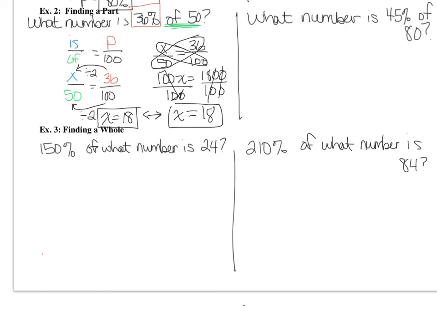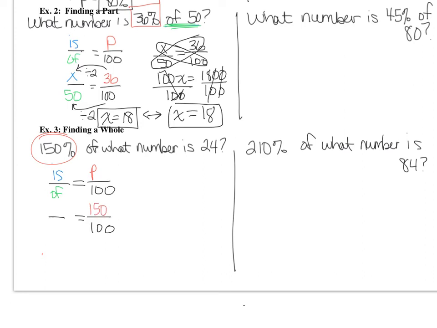All right, so we're going to go ahead and solve this problem. In example 1, we found the percent. Example 2, we found the part, and now we're trying to find the whole. Our proportion remains the same for all of these different things. We just have to figure out where to place the information. So P over 100 is over of, part over whole. Always start by placing the number with the percent sign first. It's the easiest to identify because it has a percent sign, and percents always go over 100 because that's the definition of percent. So 150